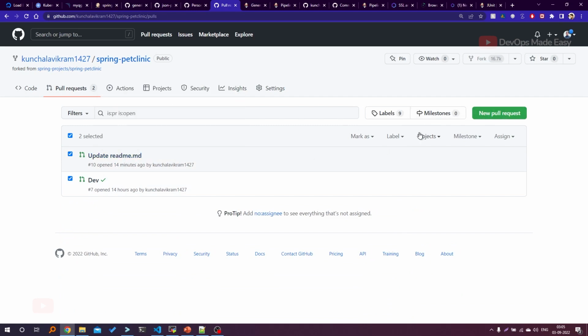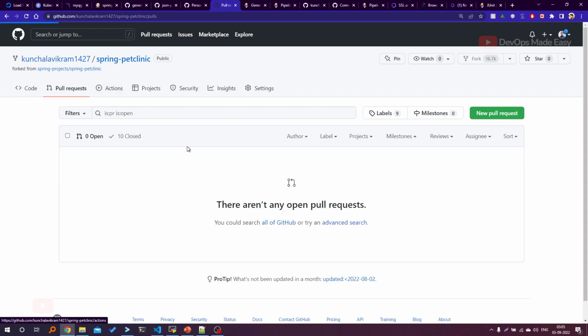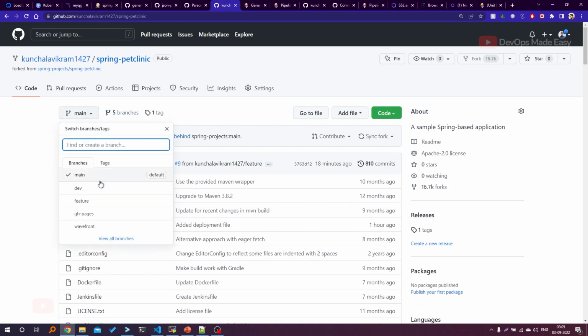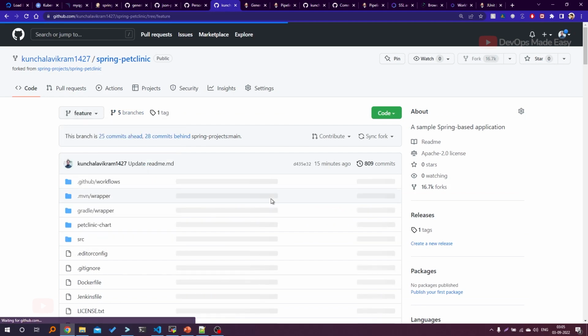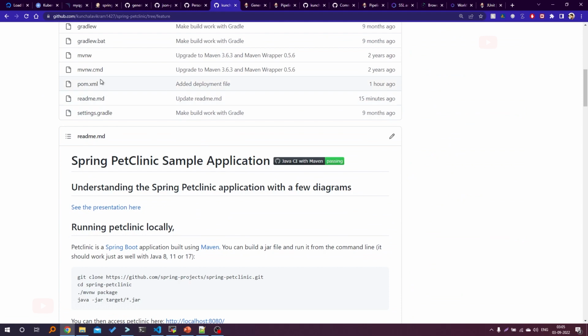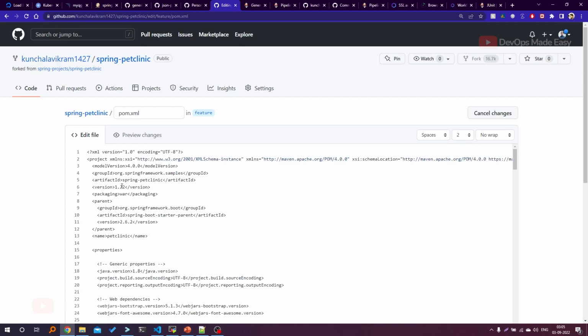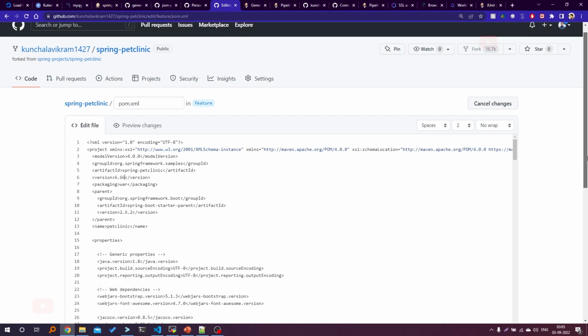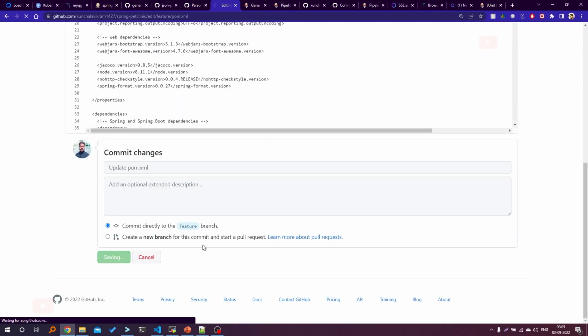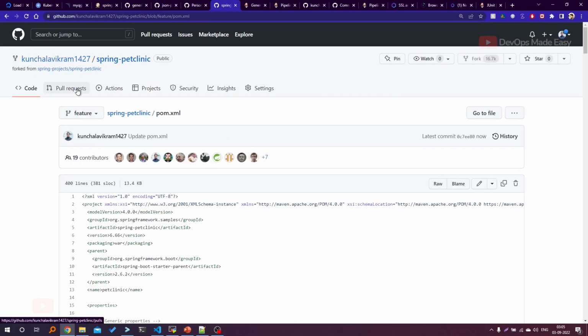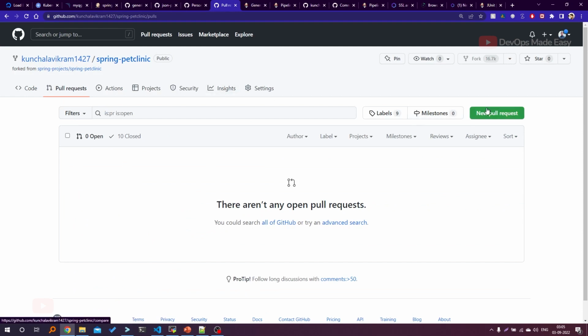So I'm just going to mark this as closed, it's not needed. Now let's go back to the repository, click on this feature branch. Let's make some changes to the pom.xml file. In the pom.xml file we are going to change the artifact version to something like 6.66 and then commit to the feature branch, go to the pull request, open a new pull request,